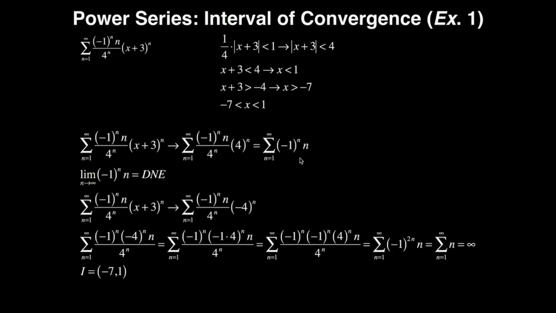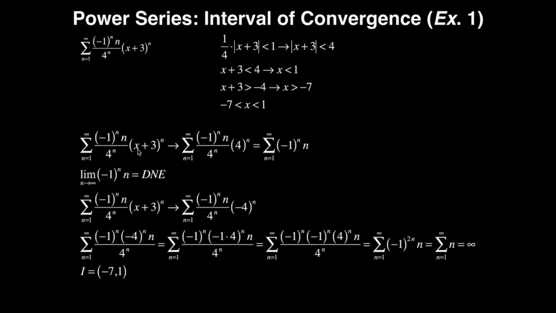And what will happen is, if you keep looking at terms, it'll be negative 1 plus 2 minus 3 plus 4 minus 5 plus 6. And so you basically have the partial sums alternating between positive and negative, so to speak. And so when you have a case like that, remember that's where you have no sum, because the partial sums keep oscillating between positive and negative. They never settle on a single value. Therefore, this first